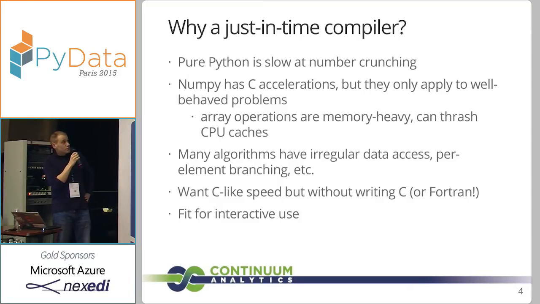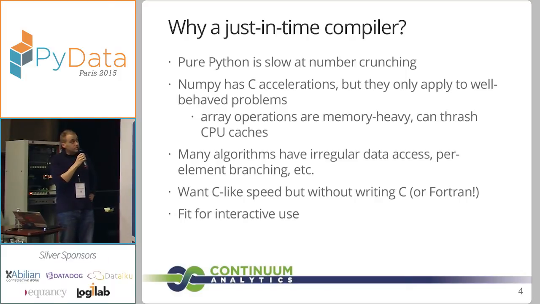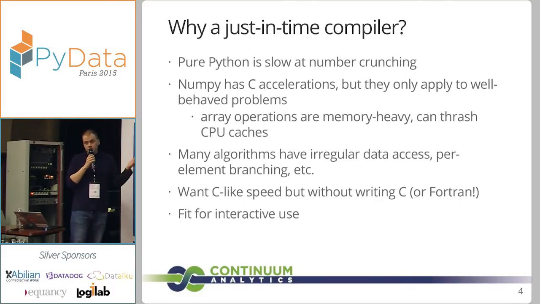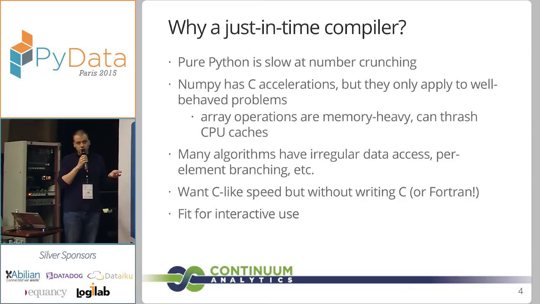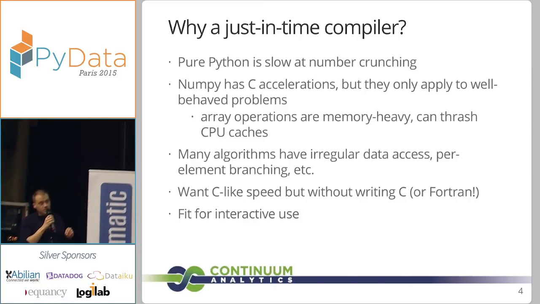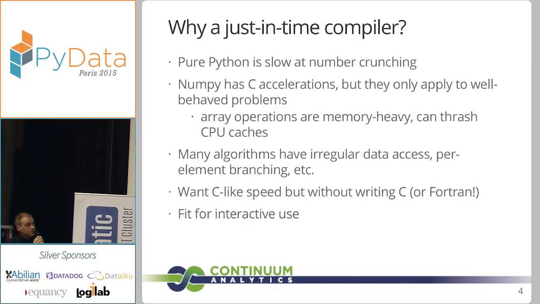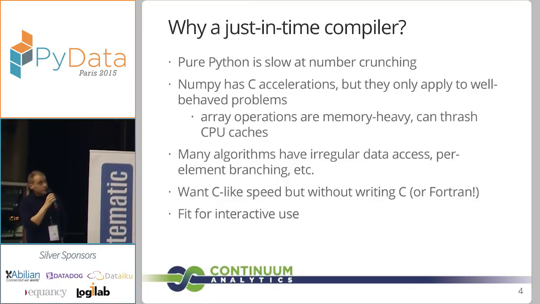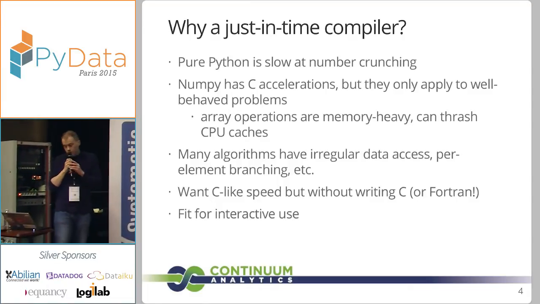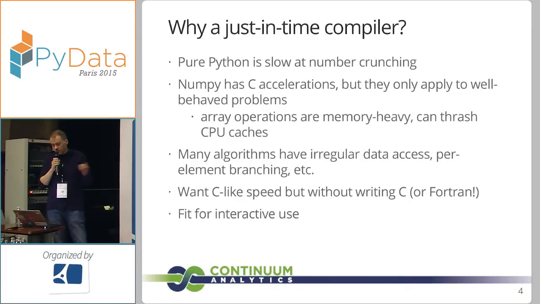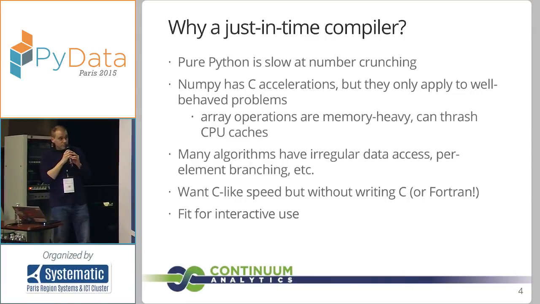And so why a just-in-time compiler? Well, one thing is that it is fit for interactive use. Say you like to use an IPython notebook to run experiments. Well, Numba doesn't force you to jump out of the interactive session and type a compiler command. You can JIT your function from the IPython notebook, and so you can experiment on the fly without having to disrupt your workflow.